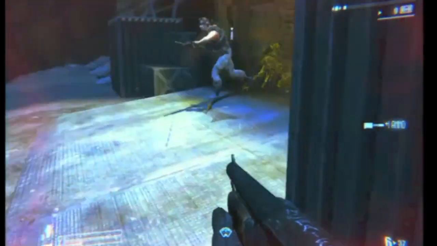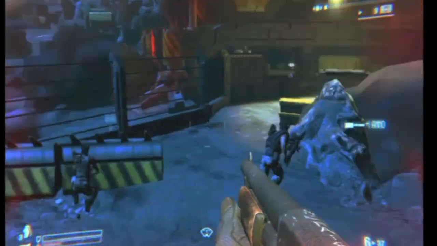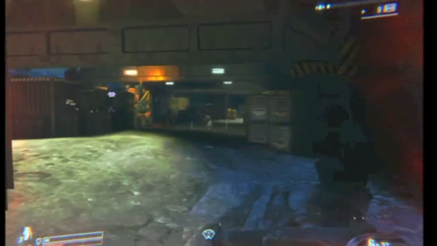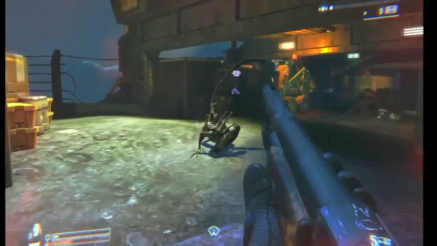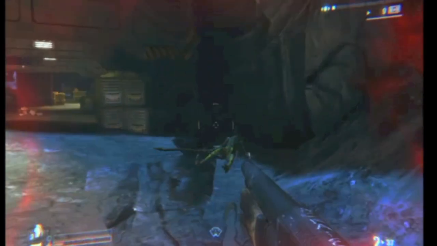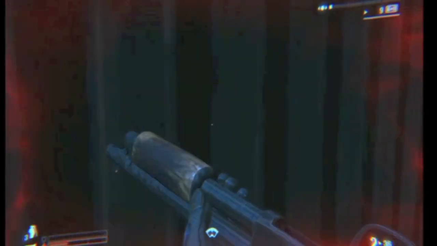Obviously, when you get attacked, you lose armor. When all your armor is gone, you lose health. You regain armor by picking up helmets and battle armor from either fallen enemies or some of it's just laying around. The way your health works is, it kind of works almost like a Halo, if you would, where